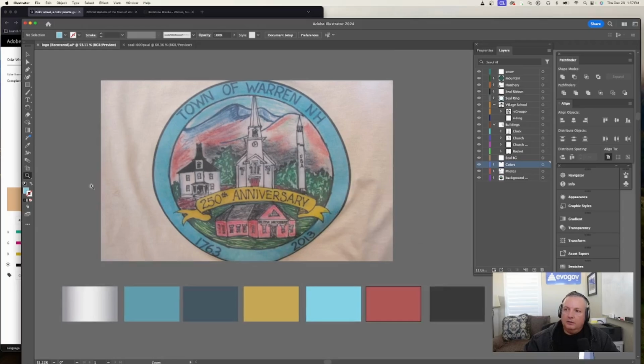Now, most logos or seals for a community have elements in them that are very personal to the character and history of the location, and this seal is no different. You can see here on the left this building, which is a schoolhouse from the 1700s. There's a church here that was built around the same time period, and a very strange element here,